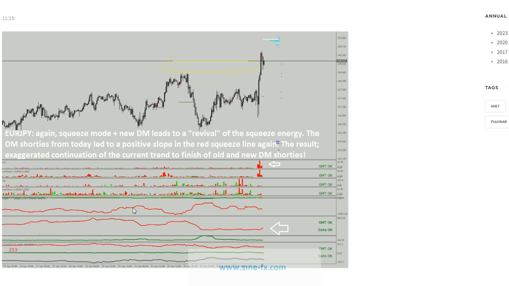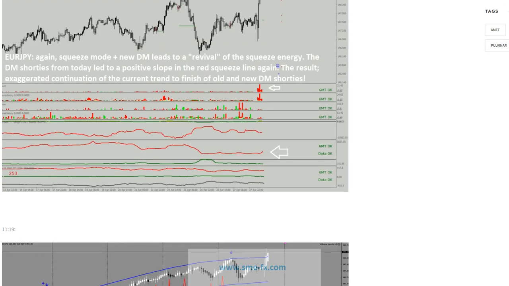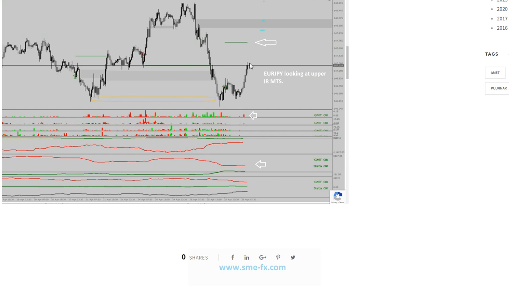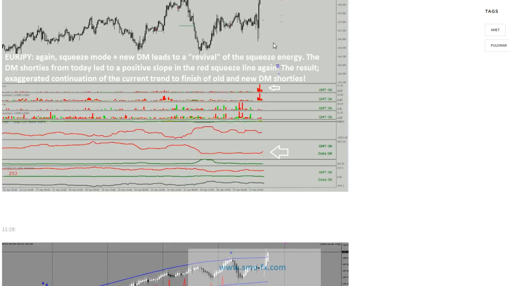So we have old shorties caught already because the market went up against them. New shorties trying to sell aggressively at good prices. So that leads to a squeeze revival, yeah? The squeeze line points up again, so boom, it goes all the way up. Again, if you catch a nice entry like here, and you see that shorties are coming in, of course you